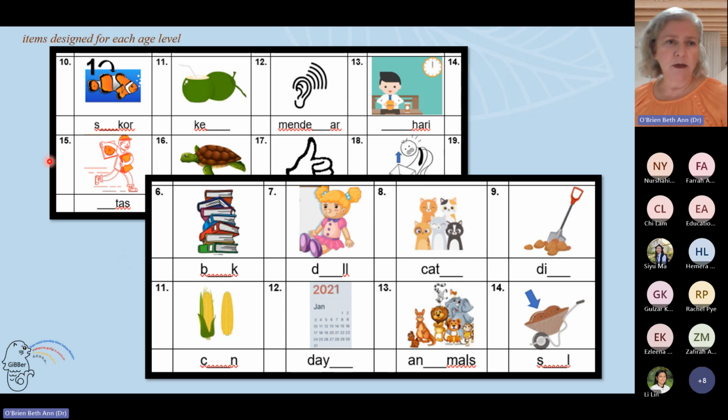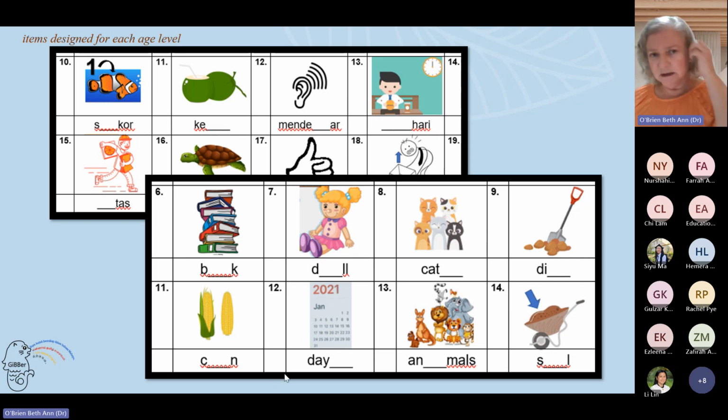So for example, for the younger children, we had more simple CVC words or simple morphemes at kindergarten, whereas we had more complex types of words as they got older. And then we used a similar number of items for eliciting each type of knowledge. So for the, I think, Malay and Tamil groups, for kindergarten, we had 10 items for phonological knowledge, 10 for orthographic knowledge, and 10 for morphological knowledge. And then for the older kids, we had 14 of each set.